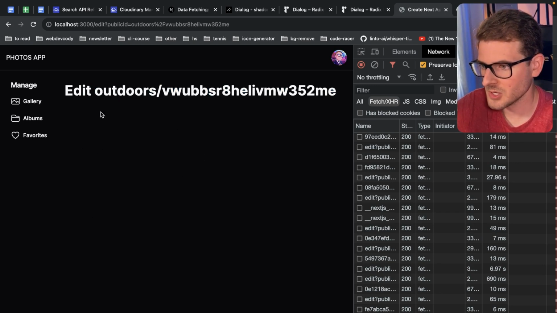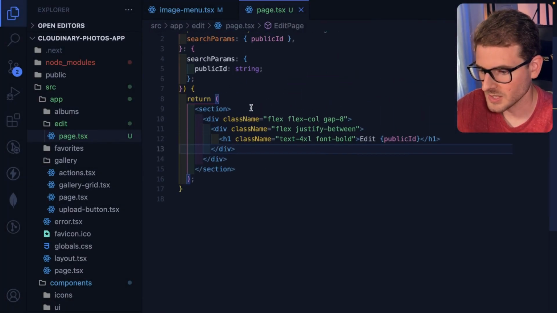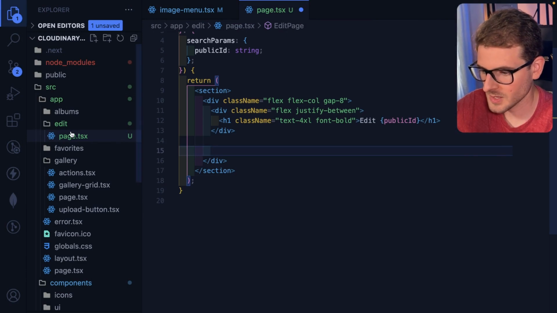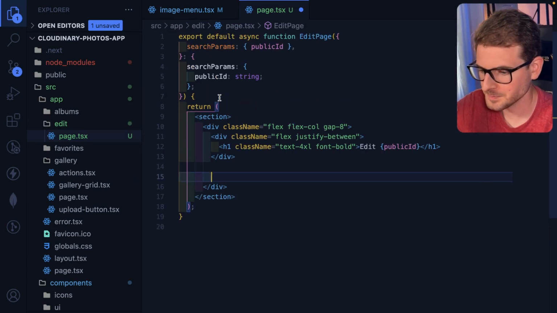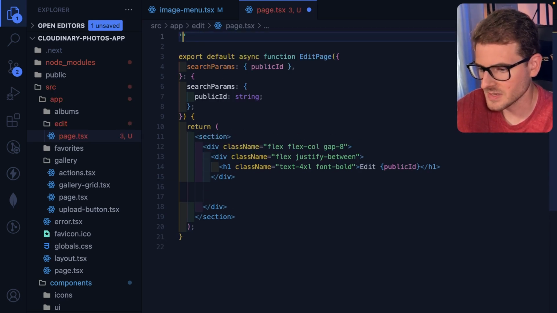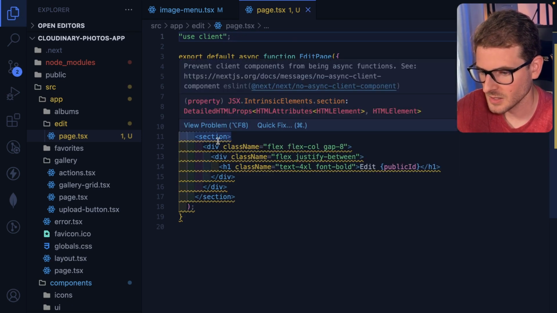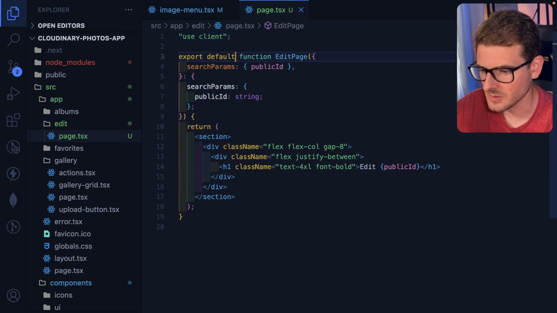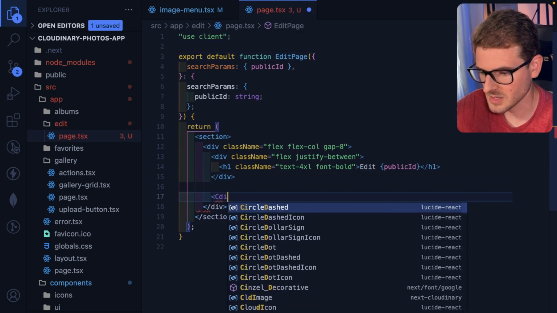So the first thing I want to do is display that image somewhere. I want to display that public image. So what we could potentially do is we're probably going to have to make a new use client component so that we can display that. And this might be a scenario where it actually makes more sense with a use client on this entire page. I don't know if we need to do any type of server fetching yet. We'll see. Let's just get rid of the async here, and I'm going to go ahead and just make a Cloudinary, I think it's CID,